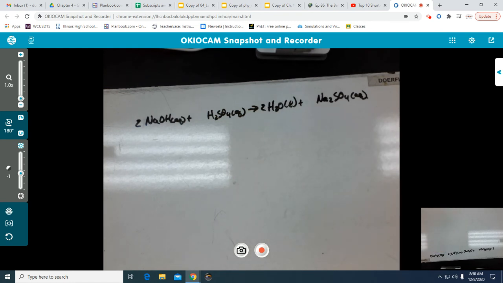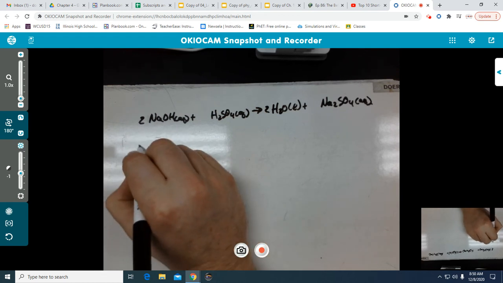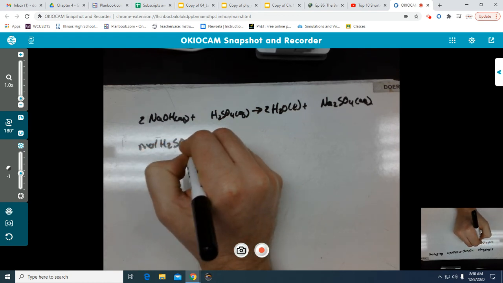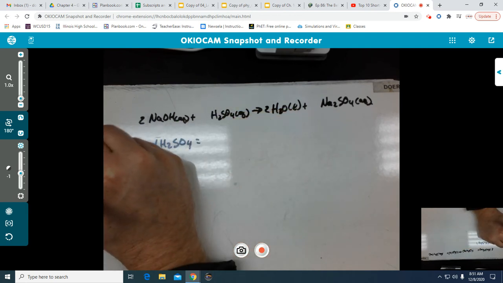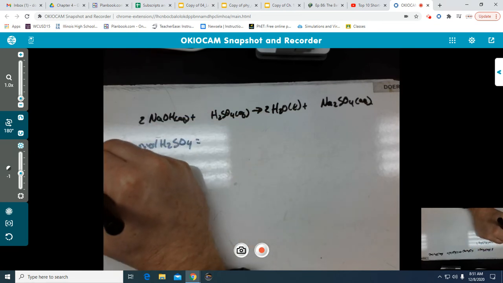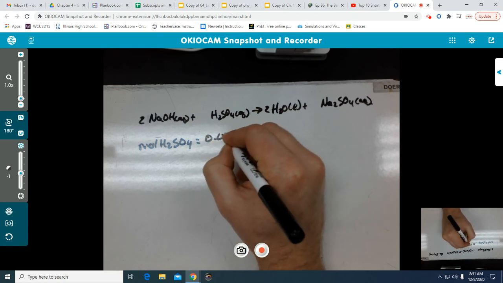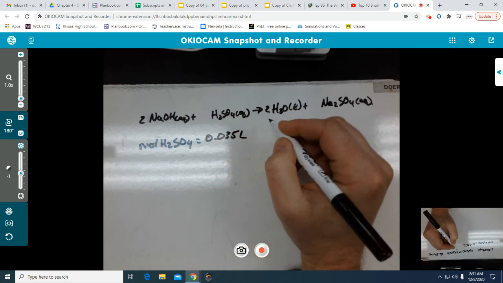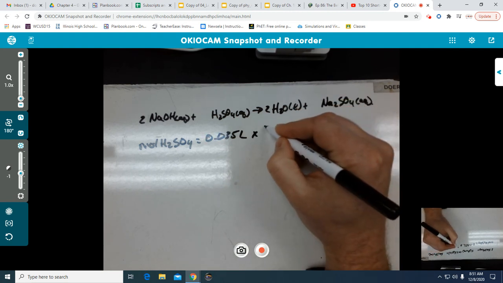So again, I need to figure out how many moles of sulfuric acid I have, because that's what we know most of. We are being asked to figure out values in terms of sodium hydroxide. So, moles of H2SO4. This is our substance A. Again, I'm going to take my 35 mL divided by 1,000, and we're going to get 0.035 liters, and multiply it by the concentration of sulfuric acid of 0.1